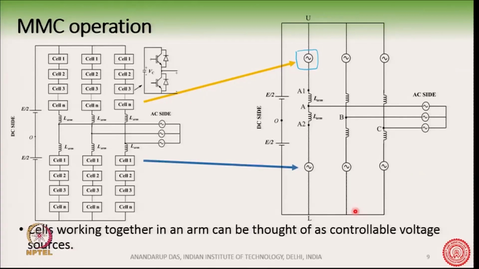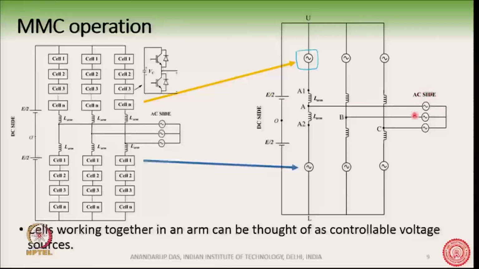This is something unique for this converter: there are 6 controllable voltage sources which can be controlled independent of each other, and of course, we will see how to control them so as to create AC or DC. On this side we have the AC and on this side we have the